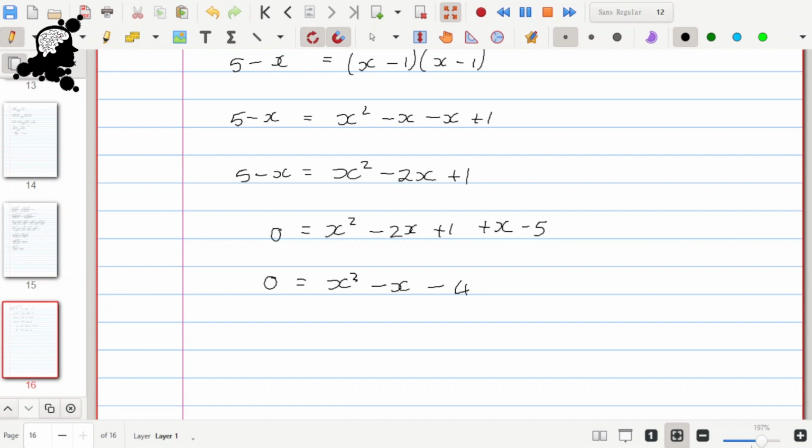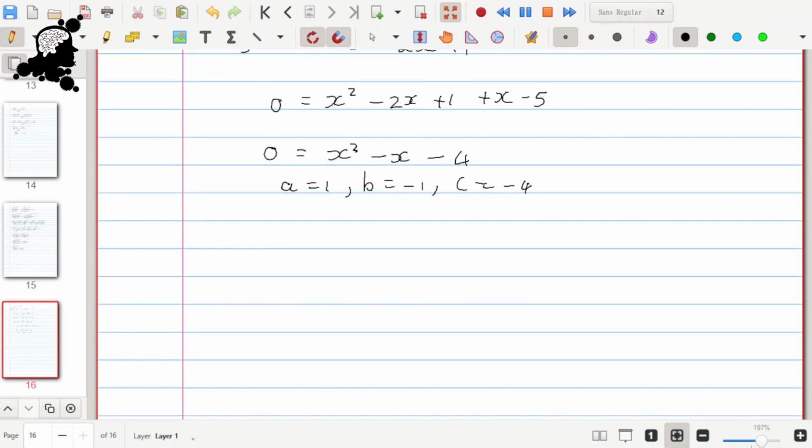So what we're going to have to do is we need to use the quadratic equation to solve for x. So I know that the value of a is equal to 1, the value of b is negative 1, the value of c is negative 4. Using my quadratic equation, x is going to be negative b plus or minus the square root of b squared minus 4ac, and this is going to be all over